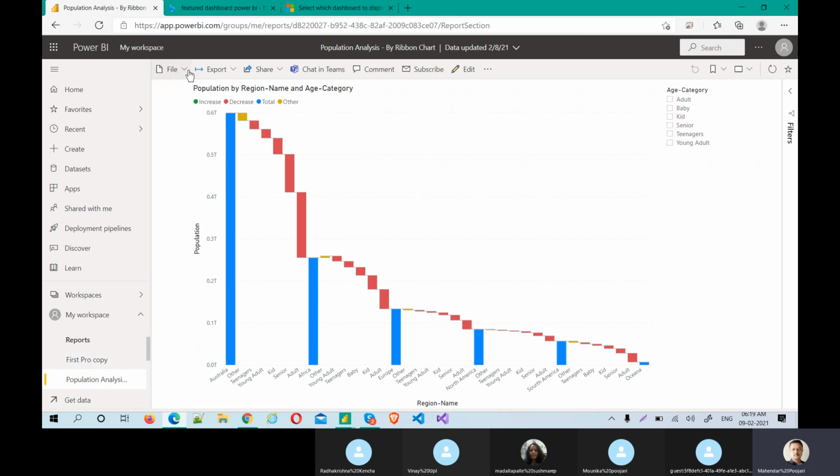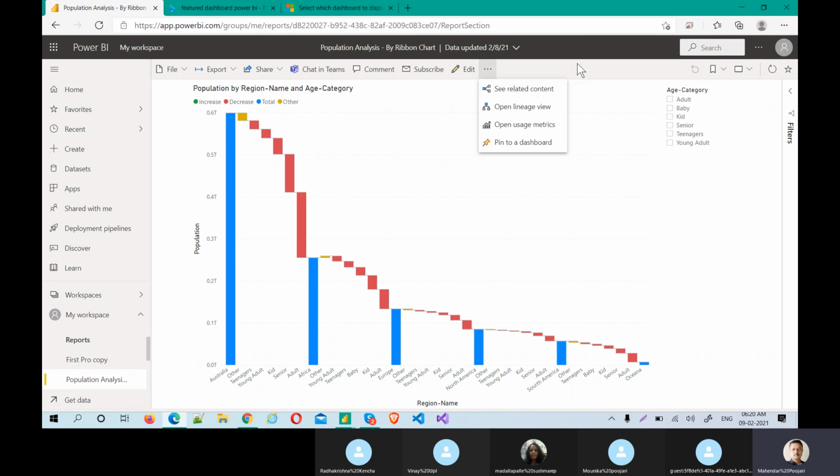Here, almost the same, almost the same export. But if you go in the file, you have a download PBIX file extra. Okay, from here you can download the PBIX file. And export. When you see export here, export to PPT and PDF and analyze in Excel. Share, this is again the same. Comment, same. Subscribe, same. Edit. If you edit, it will just open the report editor. Okay, the visualization part will come. But again they are the same. This is pin to dashboard, live usage, lineage view, and see related content.